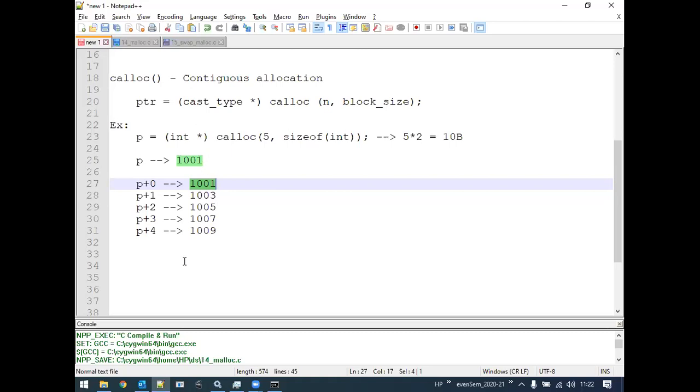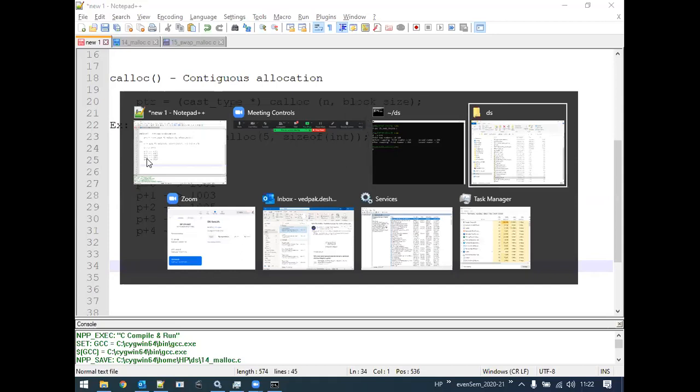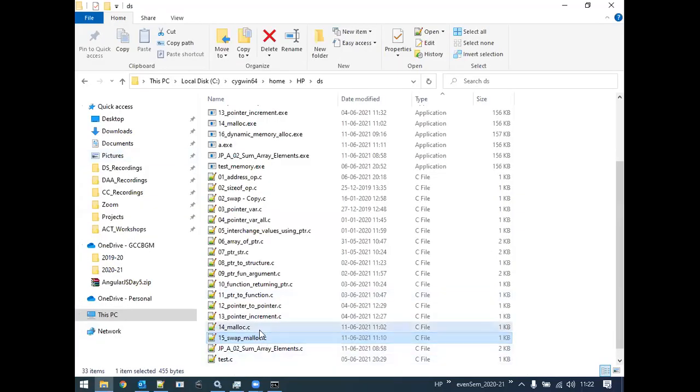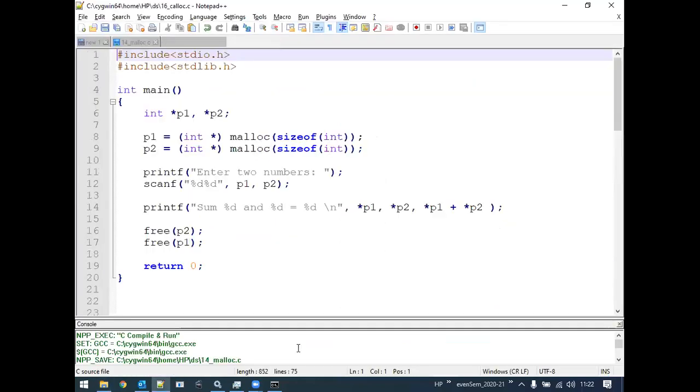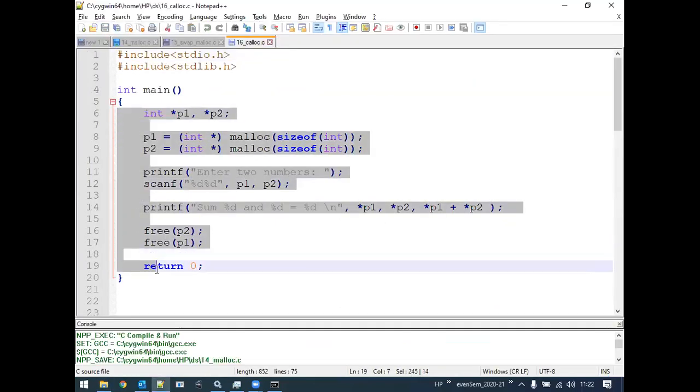Now let's write a simple program to demonstrate calloc. The next number 16, call it calloc. Okay.